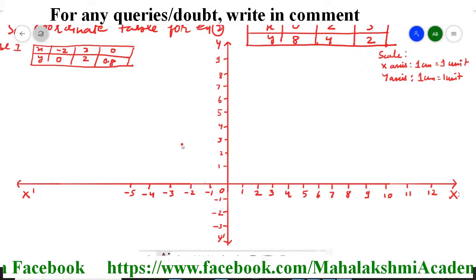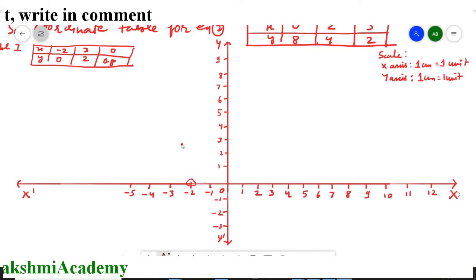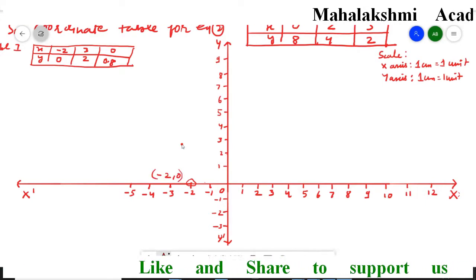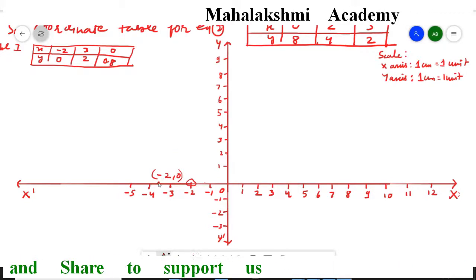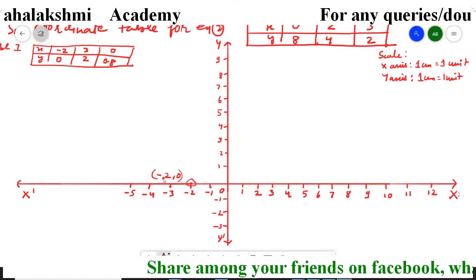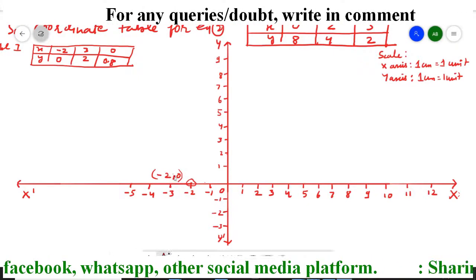Like this, put a point and then encircle it and write down somewhere, get the space and write down -2, 0 and write down them in the bracket. So it's an ordered pair. So this is the way to write down the coordinate of any point. First place is for the x coordinate and second place is always for the y coordinate. You are not supposed to interchange it.